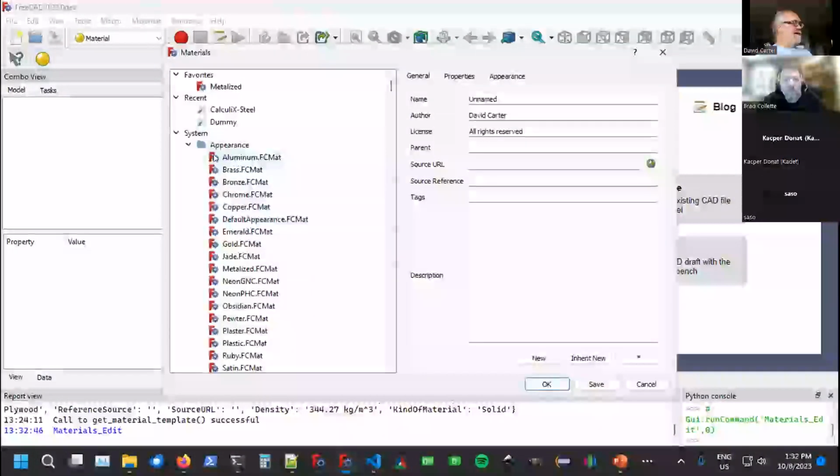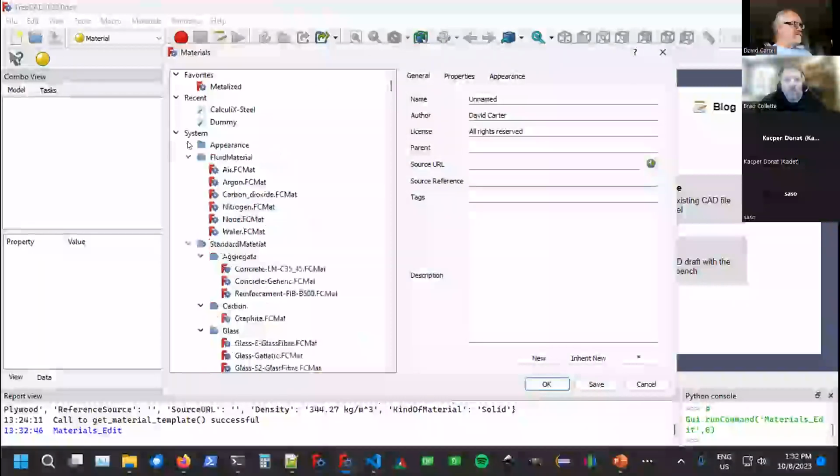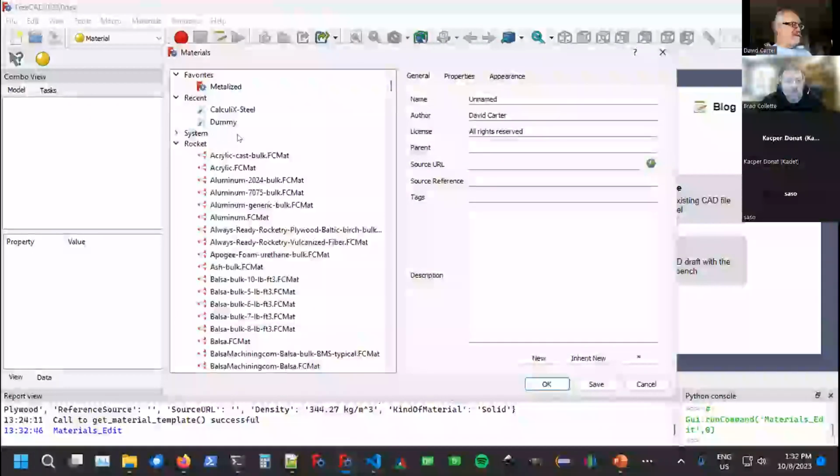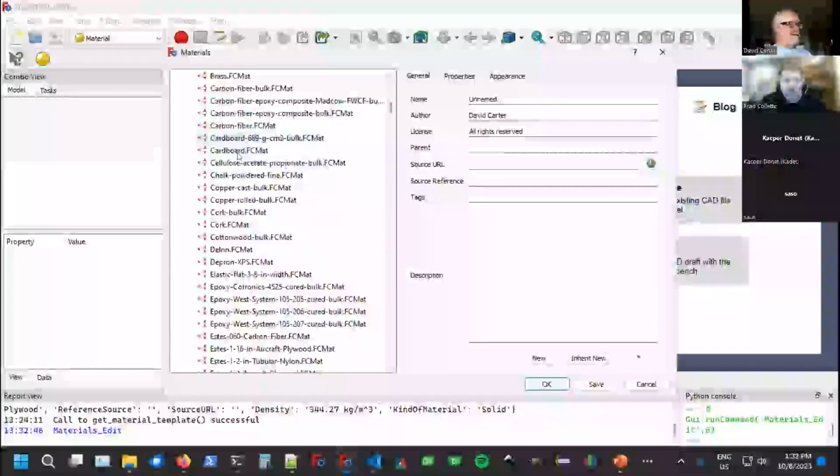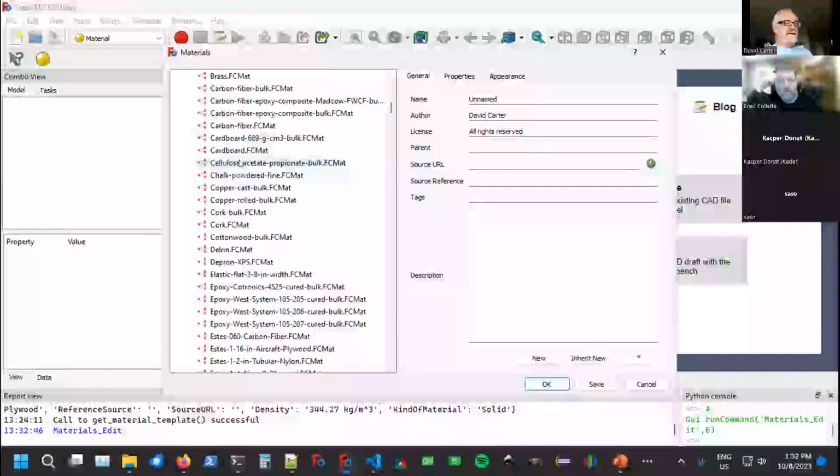Okay, so again, the system is going to be read-only. So you're going to be stuck with whatever folders are there. But some of them, like Rocket or whatever, you should be able to add them in here. Now it's not implemented in this particular